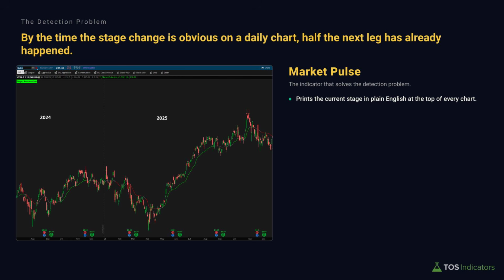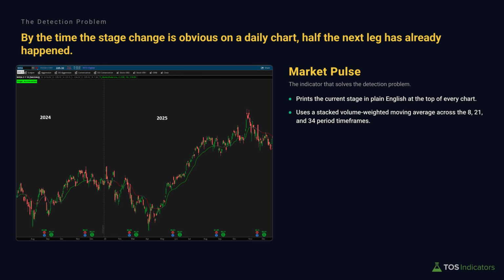For us, I use the market pulse line, as I've called out. This is a very simple 10 period variable moving average. It's a free indicator. I'll leave a link in the description box below. You can see how it's built. You can see underneath the hood. You can understand every different piece that's going on.